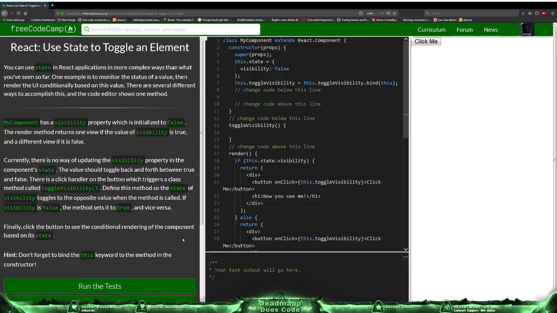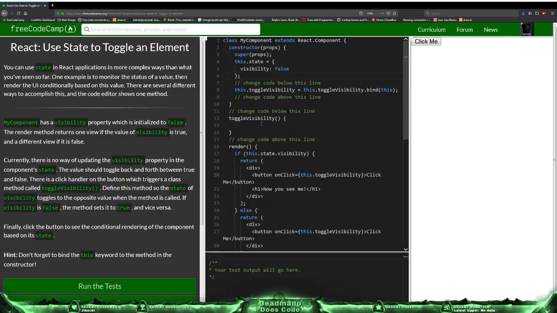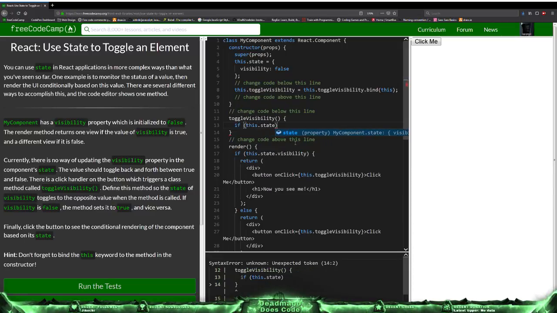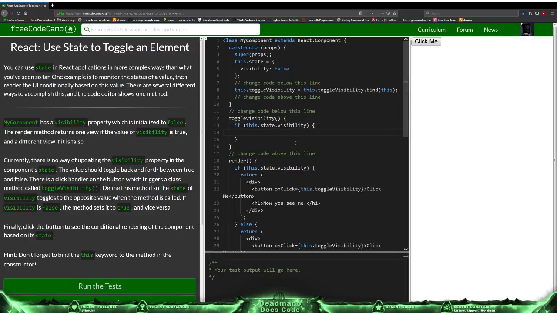And finally, click the button to see the conditional rendering of the component based on its state. Okay. We've already got some code that we worked on a bit yesterday. And we've set this.toggleVisibility, and then we've got our function toggleVisibility. We're just gonna have something like an if this.state.visibility, so if it's true, then we'll just set